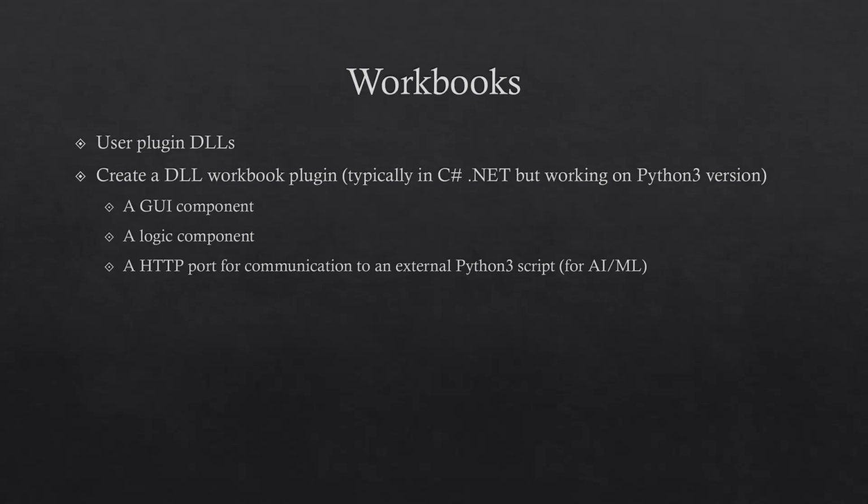Workbooks allow users to create their own plug-in DLLs containing both application logic and a complete graphical user interface. These are fully user-owned C# libraries that integrate with UnicornOne through the UnicornOne abstraction DLL. A workbook, therefore, has access to the same structured information available through the Recipe API and REST API, including process values, system state, analytical results, and other structured laboratory data, while presenting its own interface as a native part of